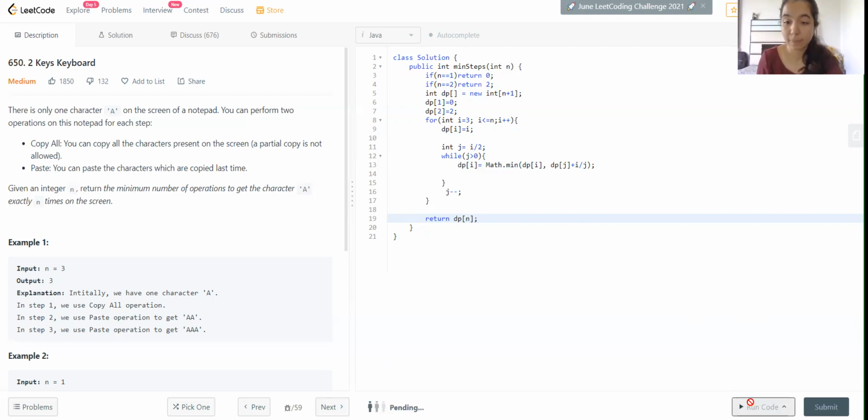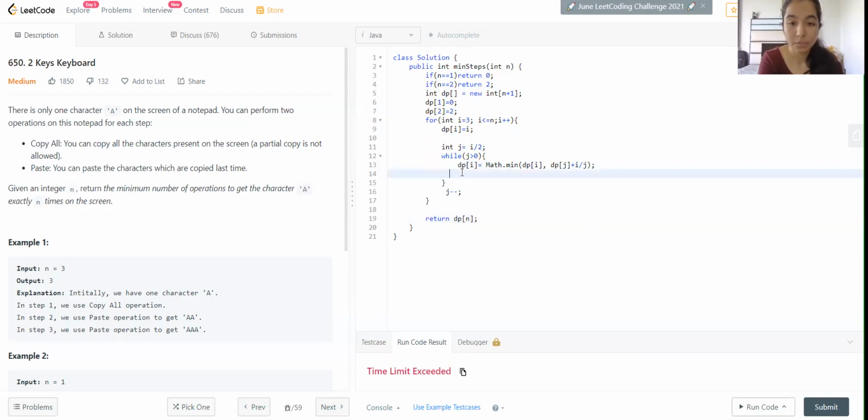Let's see if this works. Let's try to put a break here and see if it works now.